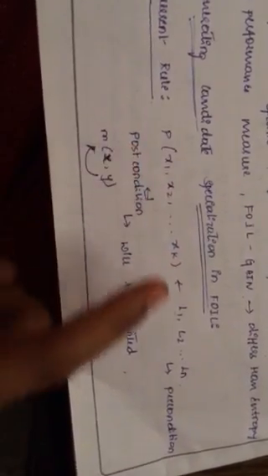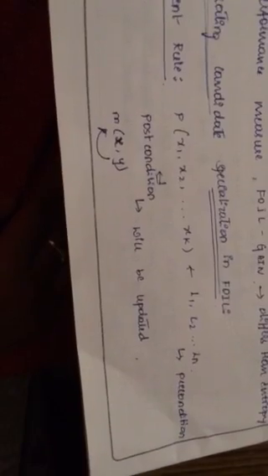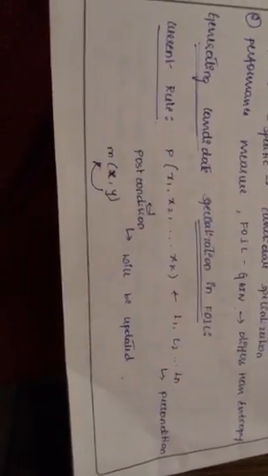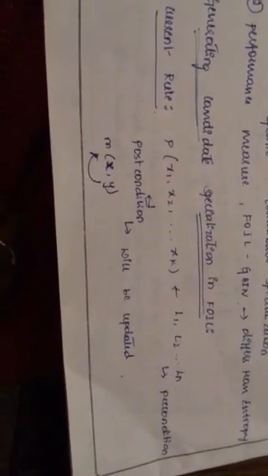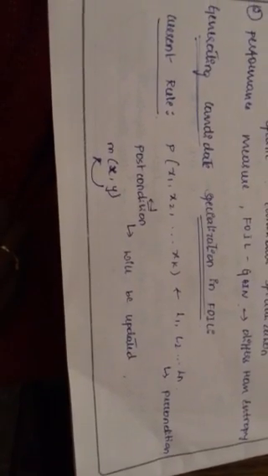So we used to start from the precondition. Here x1, x2 up to xk is a post condition, and L1, L2 up to Ln is a precondition. And how are we going to read it? We are going to read it as L1, L2 is mapped to P of x1, x2 up to xk. Correct? So this is a precondition and this is the post condition. So you can see that the post condition will be updated continuously based upon the precondition.